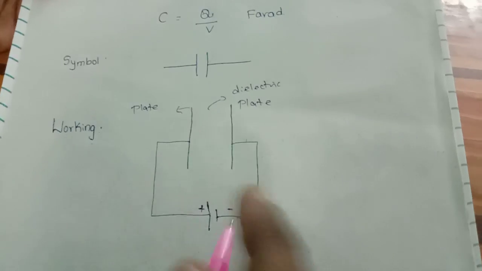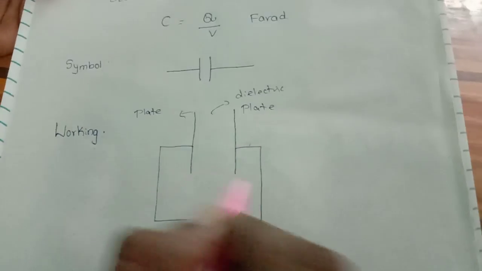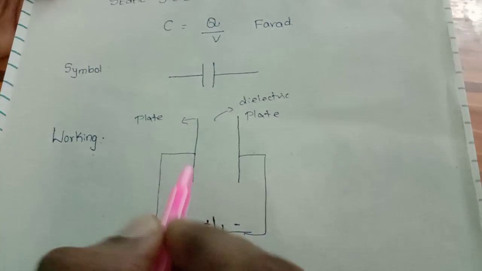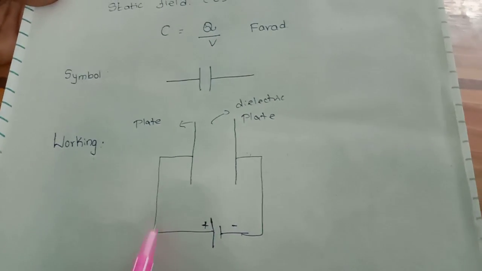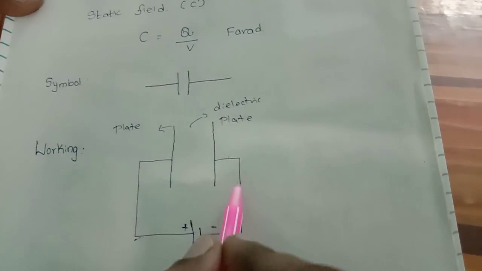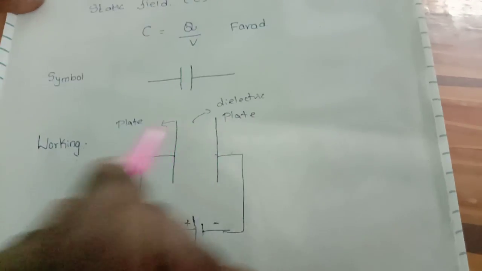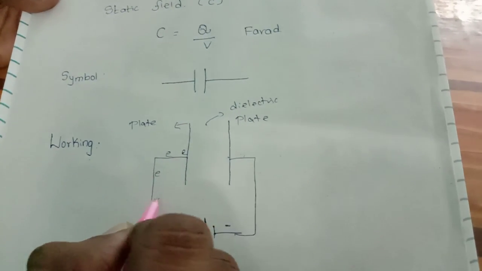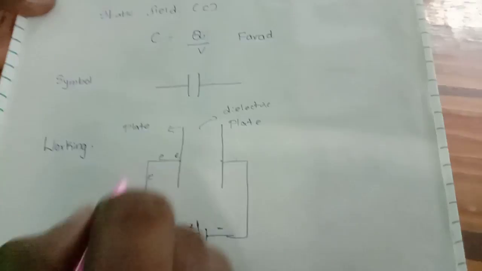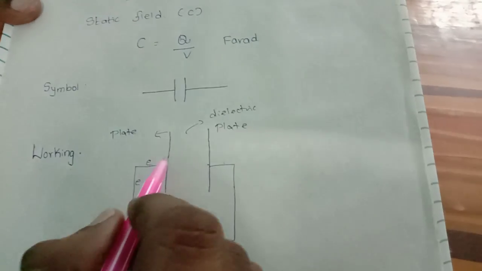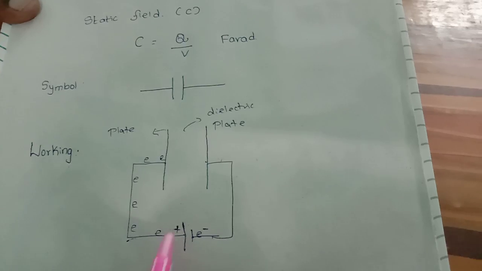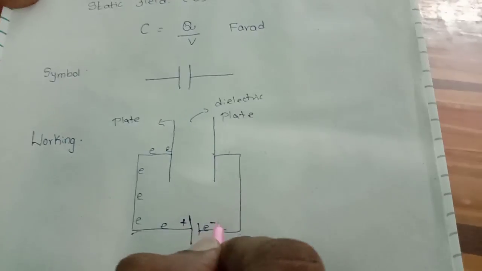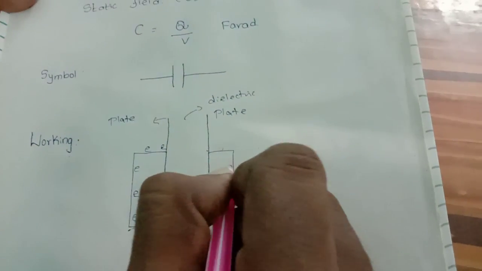So when I give the supply from the battery to this metal plate, the free electrons in the metal plate tend to move like this and cross across this plate. All the electrons from the material tend to move across the supply, that is, all the plus value will attract all the electrons. So there is a movement of electrons across this layer.